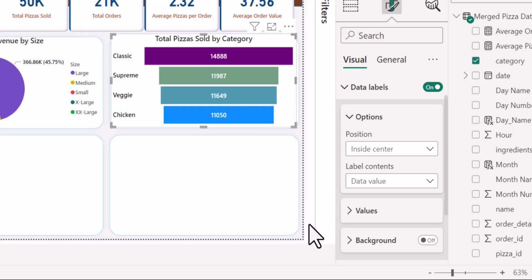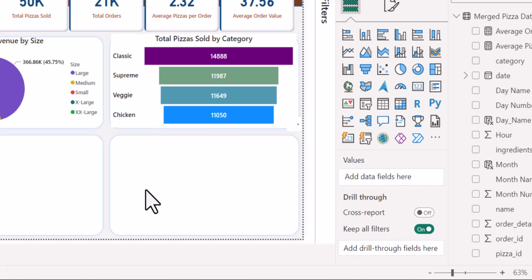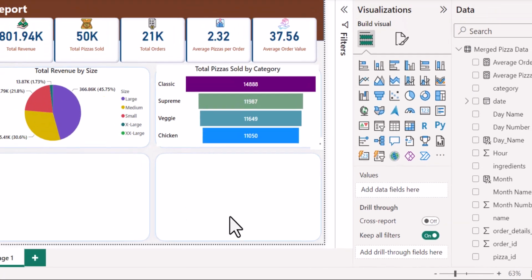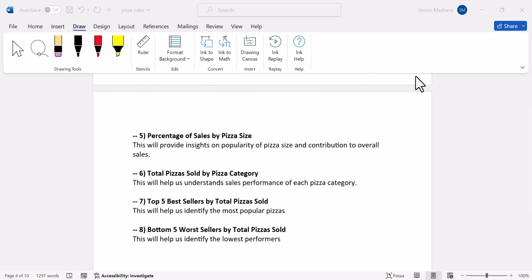I'll select outside to just take a look at our visual. I think everything here looks good and I'm going to leave this visual like that. The next question we need to answer is to find the top 5 best sellers by the total number of pizzas sold. I'll go back to Power BI